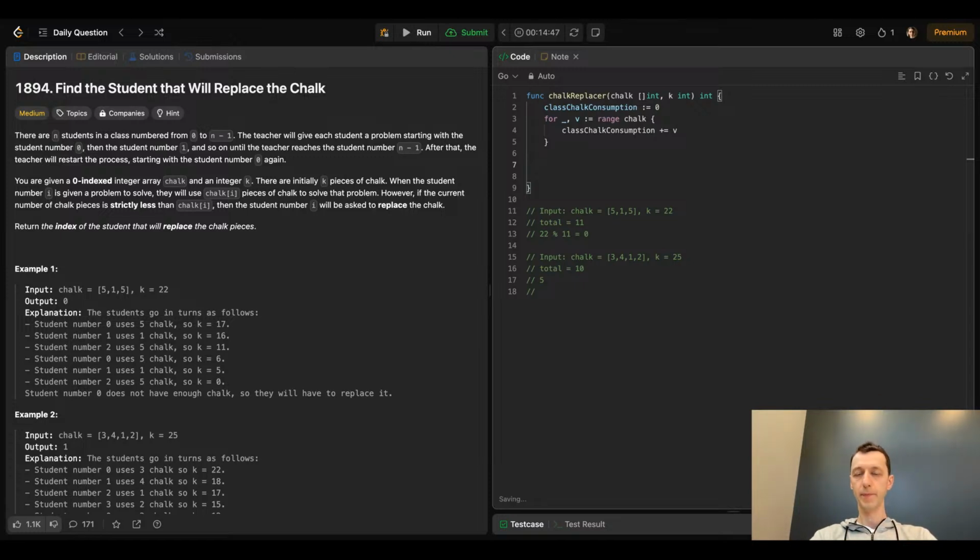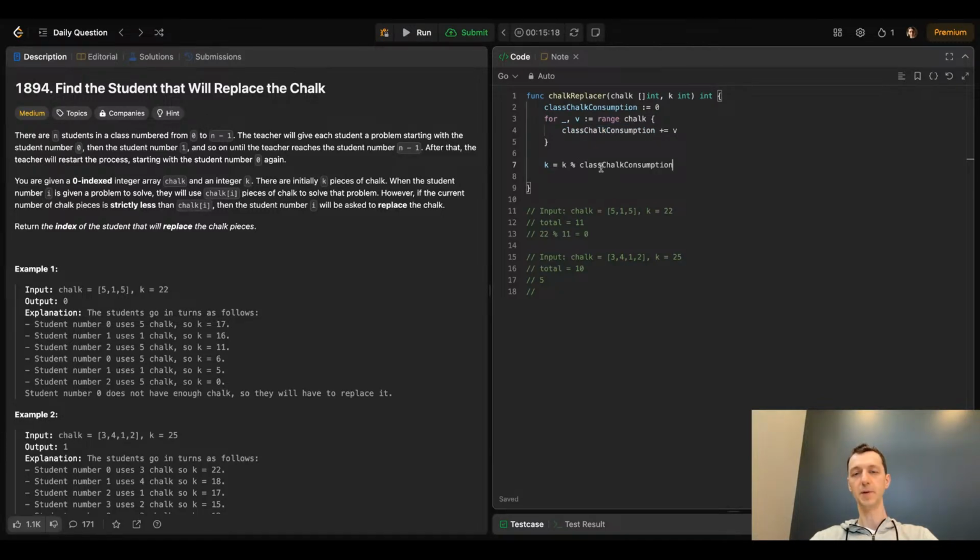Then we'll remove all the redundant, we'll say that k is k remainder divided by